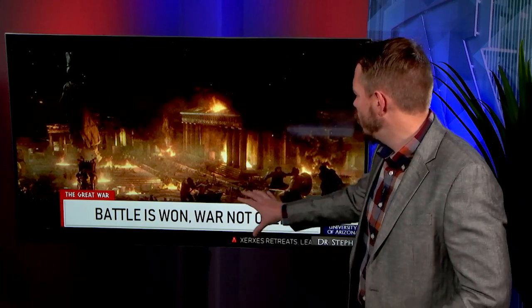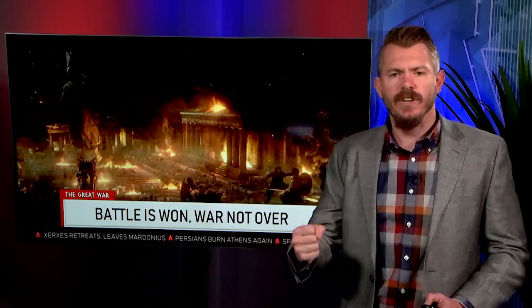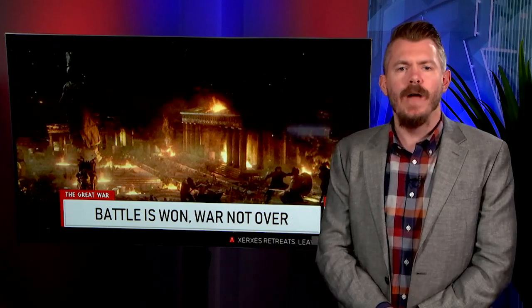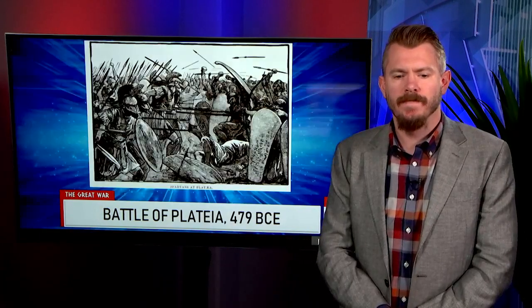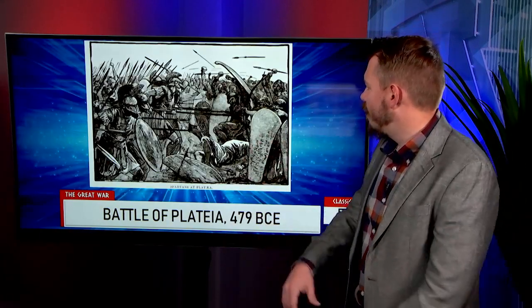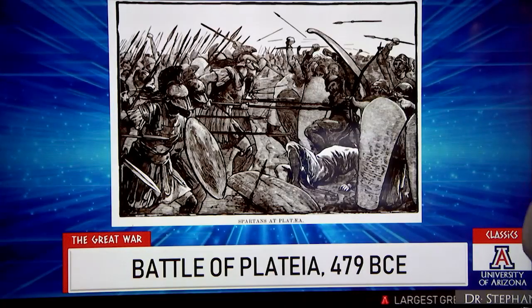And what the Persians do, led by Mardonius, is go back to Athens. They burn the whole city a second time. And then they get ready for a decisive land victory over the Greeks. But now that the Greeks have had something good happen at the Battle of Salamis, they're able to rally more Greeks to the cause. And at the Battle of Plataea the following year,